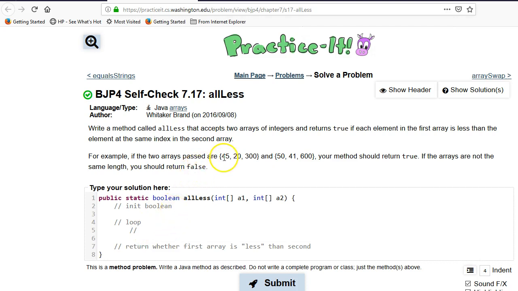Okay, and we come in here and we say that they're less than. So we could set the Boolean to be true. Here it would be true. Here it's true. And then we could return true. But we need to be aware of what it is we are looking for. What we're looking for is whether it's all less. So as soon as we find one that's not less, we're actually out of there. We don't care what any of the other elements are, right? So what we want to do,